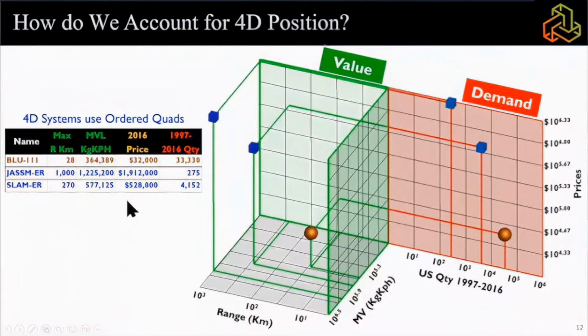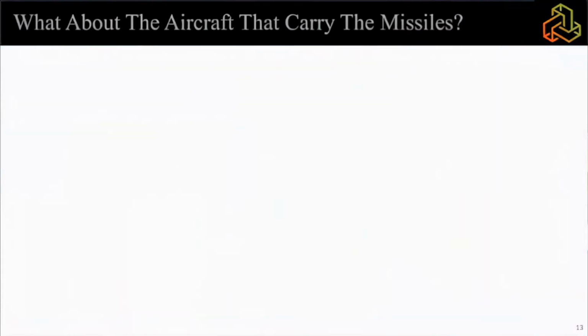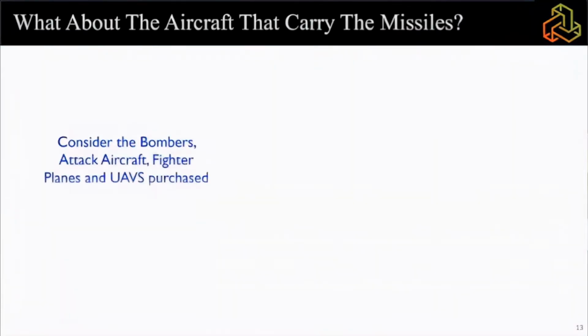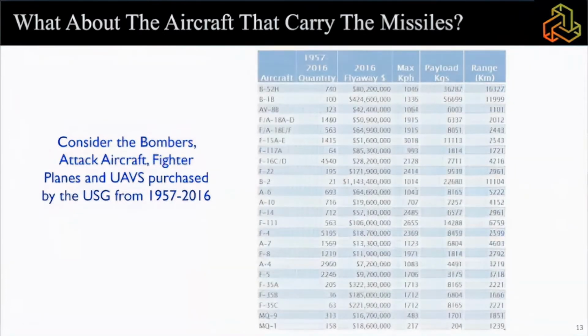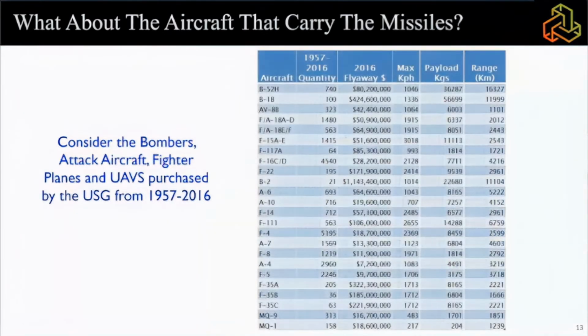And the same thing happens then for the slammer. And so what we see then is that all products in all markets outside of commodities have these 4D systems. So you might ask yourself, well, what about the aircraft that carry these missiles? And so we want to consider the fighter bombers and attack aircraft and the UAVs that have carried these vehicles